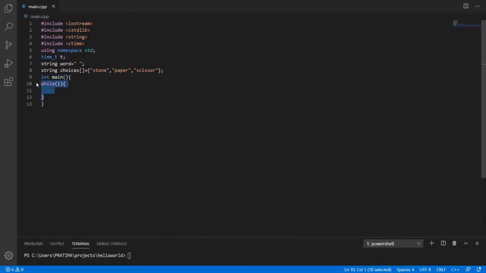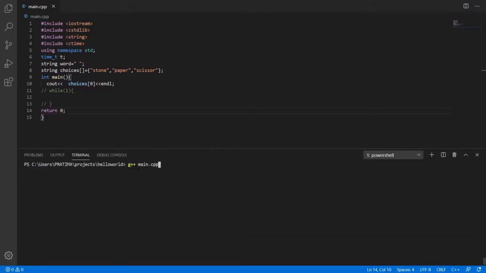Before putting in the logic, I need you to understand just one thing. We are going to print this, and we want to see what our output is. And as I said, we have to return something, so I'm returning 0. So let's first compile our program. I've compiled my program, and let's run it.